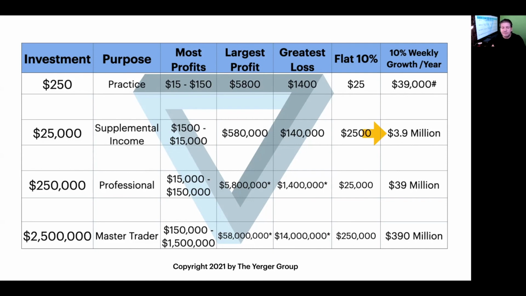So again, you've already made 3.9 million after, say, year 2. That's how you fund your $250,000 professional trading account right there. And then that's what gets you the 390 million. I see no reason with just staying right here, being in the $25,000 range,